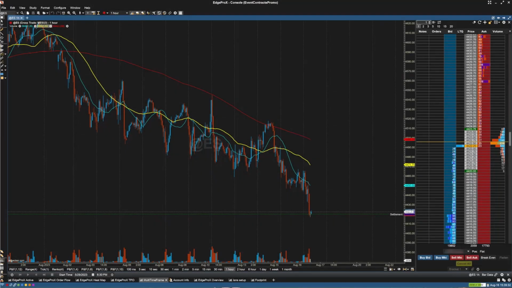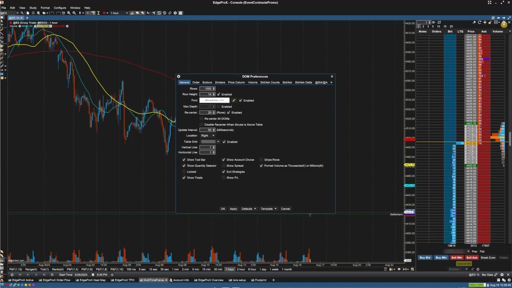Hey traders, in this video we will cover accessing the DOM and adjusting exit strategies, otherwise known as bracket orders. To hide and show the DOM, simply select the DOM panel icon in your toolbar, as so. Then select the settings icon cogwheel,